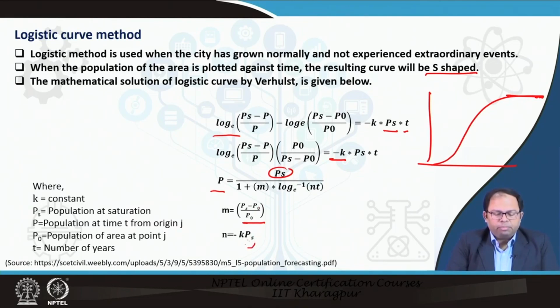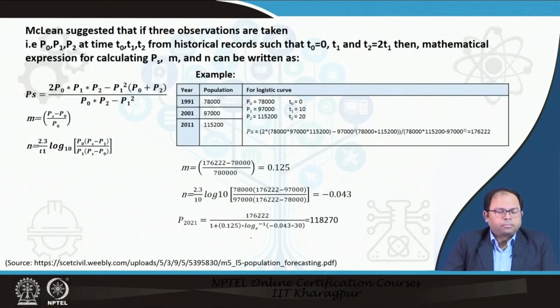So, Ps is the saturation value of population. This particular equation was further worked on, and Maclean suggested that based on three observations we can predict the population at a certain time period using the logistic curve method. That is, if P0, P1 and P2 at time T0, T1 and T2 are available from historical records,